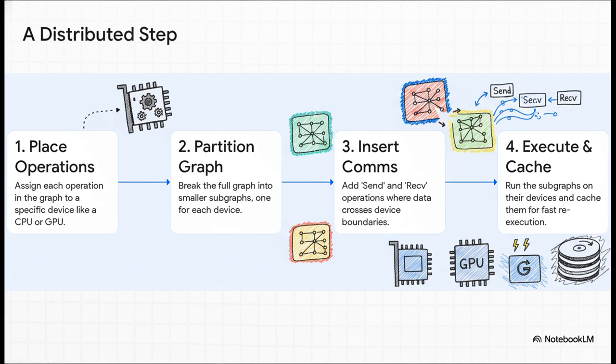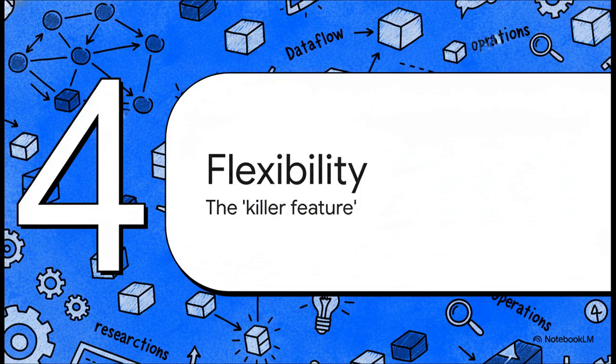The third step is crucial. Anytime data needs to jump from, say, a CPU to a GPU, the system automatically sticks in these little send and recv nodes to handle the traffic. And finally, each device runs its own little subgraph and caches the results, which makes every following training step super fast. Now this is where the whole Dataflow idea really starts to pay off, because everything is just an operation